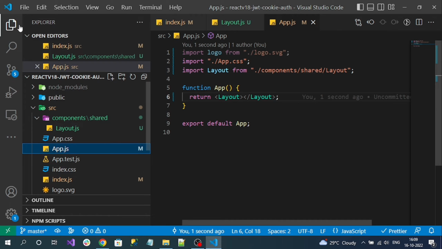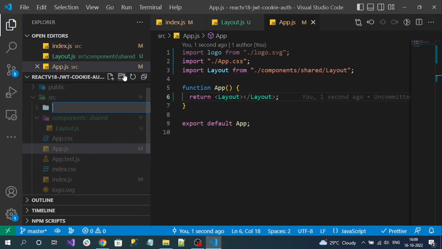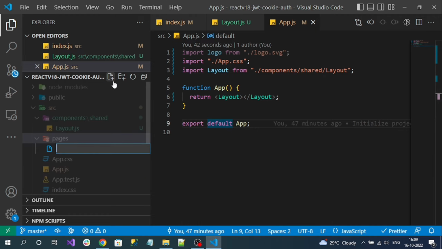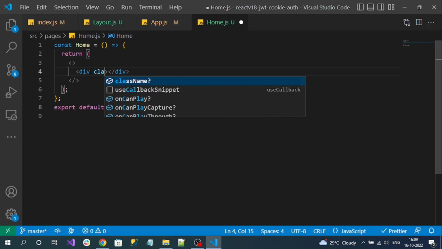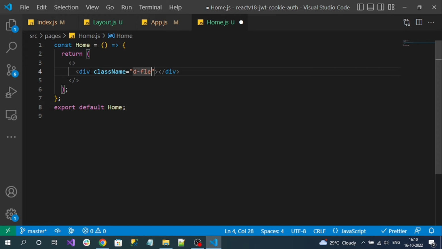So for that, let me create one more folder inside of the src folder called pages. And to this folder, let's add our page level component like the home component. Now in this component, let's display some welcome message. First let me add a div and I want to display this entire content at the center of the page. So let's give some styling like d-flex,